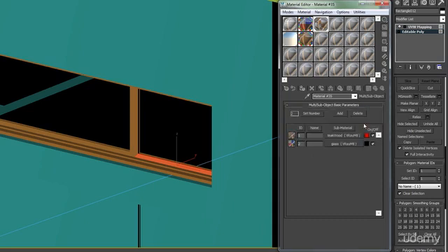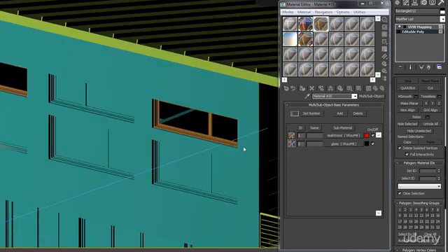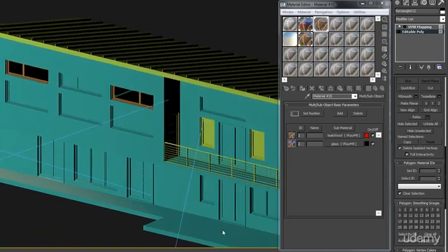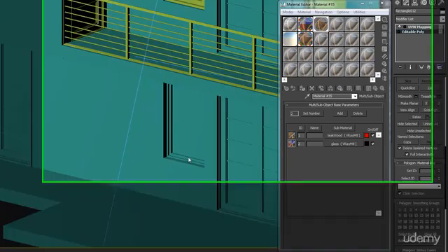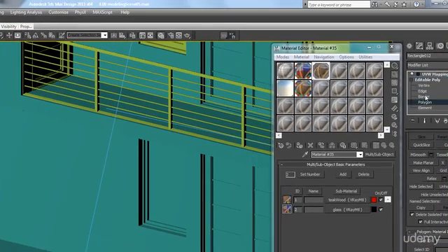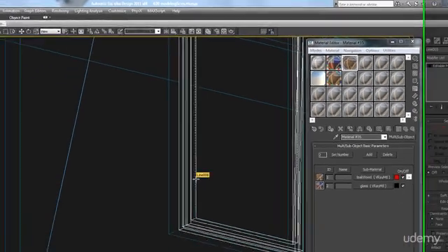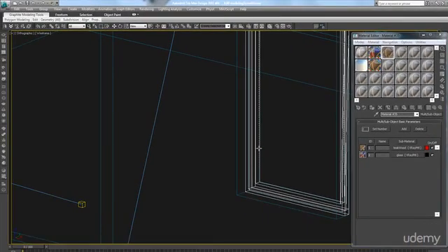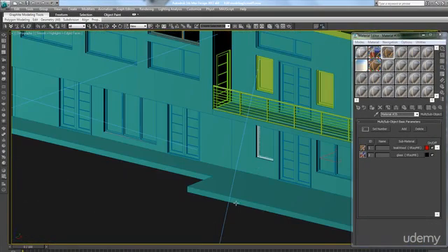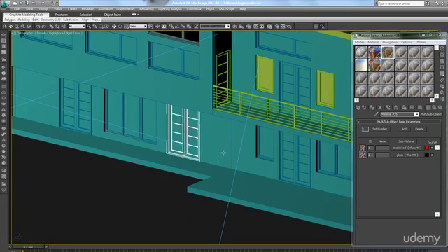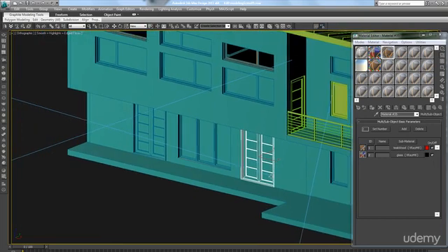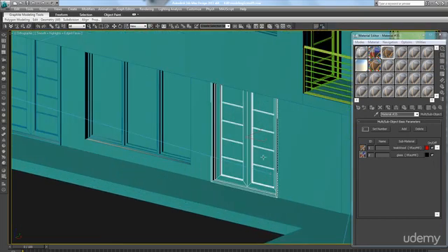So those sub-object materials end up being pretty important. You use them kind of all the time if you've got a lot of poly modeling in your scene. Now if you modeled it all as splines and they're all separate objects, which again I don't think is the easiest way to do things, but we do have an example of that here. Oh no, I combined them to edit polys. Forget it. I just can't stand doing it the least efficient way. I want to turn them into polys so I can just stretch them and move them and scale them however I want. So anyway, we can reuse that same